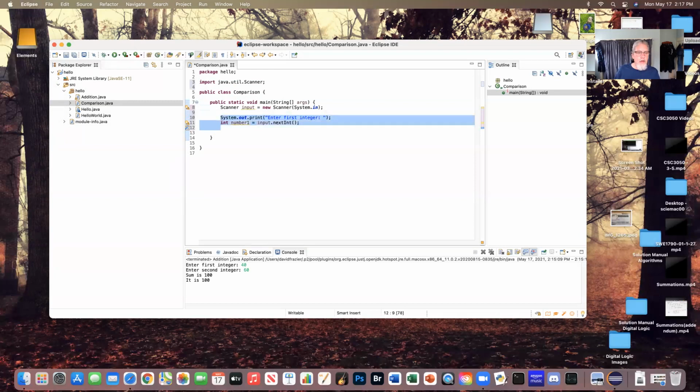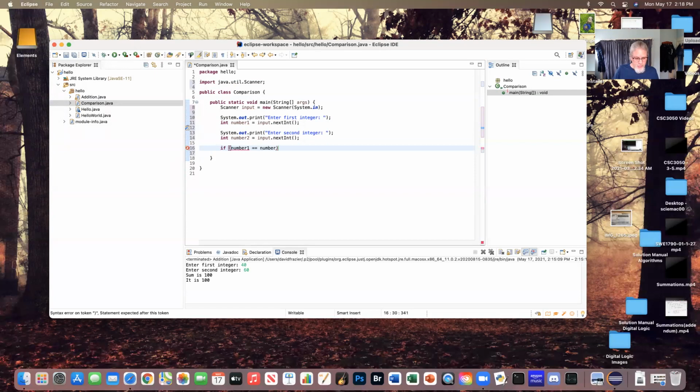Okay, I'm going to copy this stuff to our second integer, number2. Okay, we now have our two numbers. So I can now do the following. I can say if number1 is equal to number2. And I'm going to do it that way, but you can do it whichever way you want to do it. Then I'm going to do a